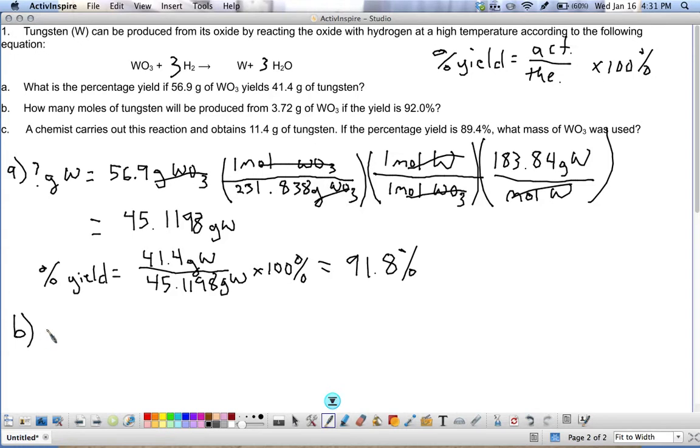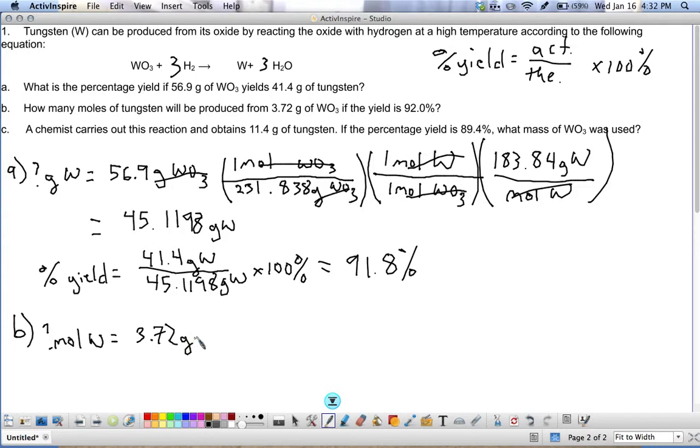Alright, B. How many moles of tungsten will be produced from 3.72 grams of tungsten oxide if the yield is 92%? Okay, so this time they give you the percent yield, and they give you the starting amount. And what they're looking for is the actual. So in order to get the units to work nicely, it's saying how many moles, so we want moles of tungsten equals